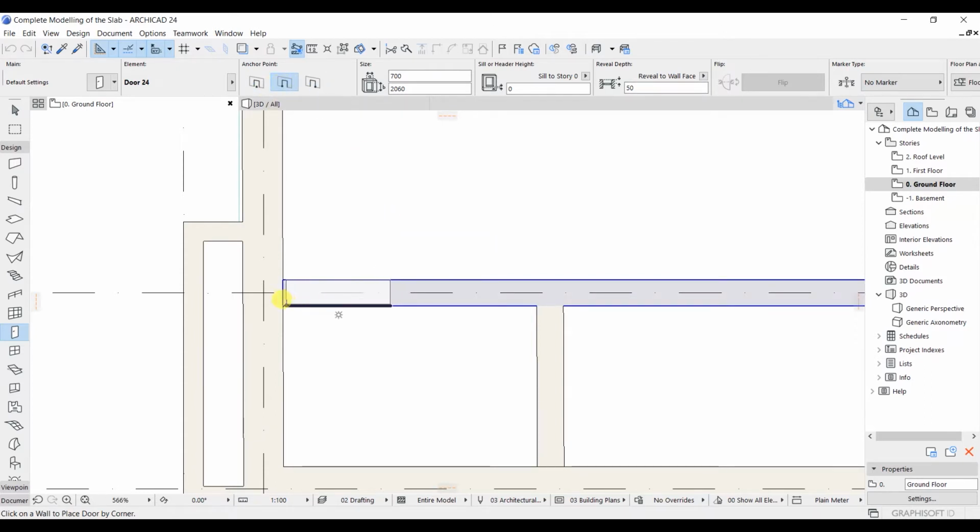And after that, I will just simply click here. And after clicking on that one, you will see that the sun is outside. It means that sun is here. Now ArchiCAD will ask you in which direction the door is going to open. As you can see here, I'm just sliding my mouse and it is giving me these 4 options. So I will just simply go and select here. So we have successfully modeled our door in this region as well.